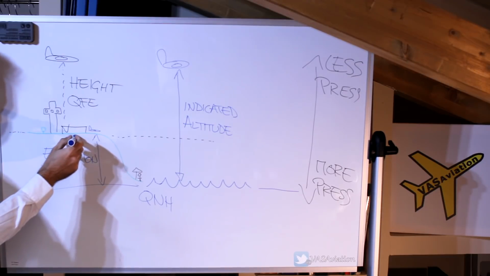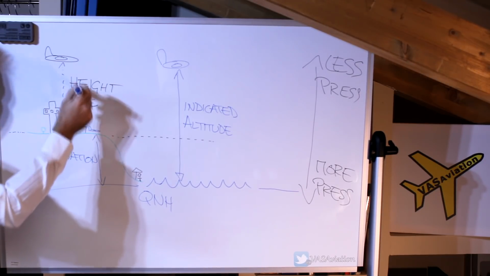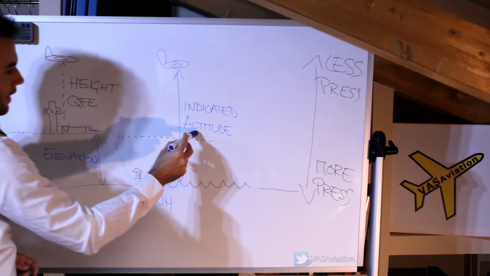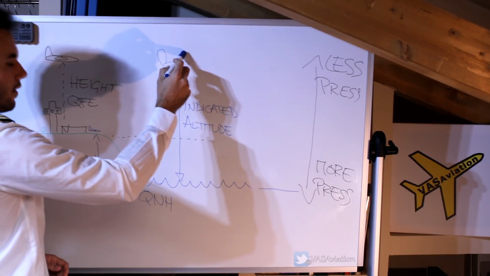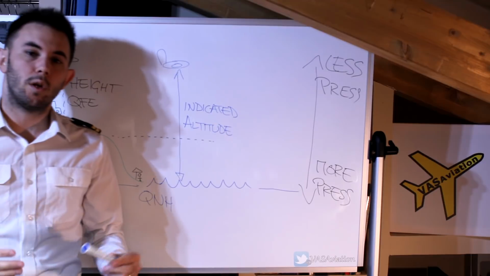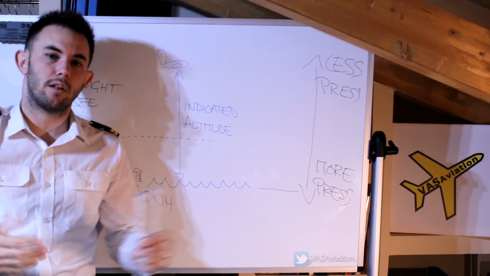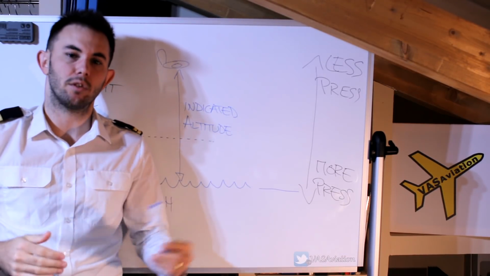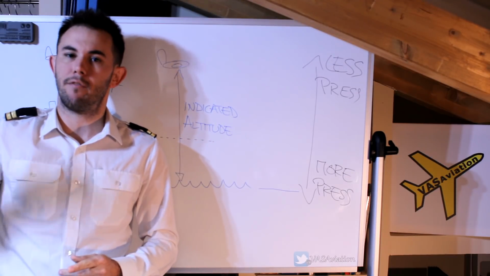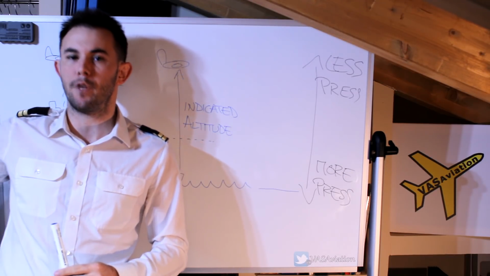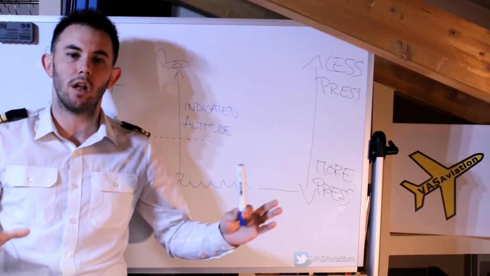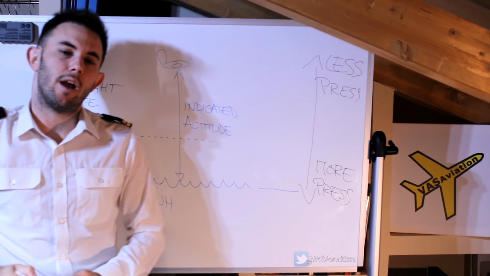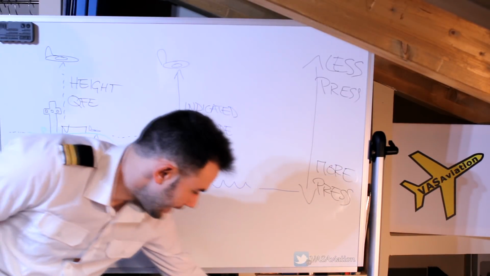Elevation from the surface down to mean sea level, height from a point in the sky down to ground surface, and indicated altitude from a point in the sky down to QNH. I also want to remind you that this is considering standard atmosphere, because later on we'll see that there are some errors, temperature errors, that we'll have to correct, but that is more advanced and we'll leave it to a future video because there are more terminology and more errors we have to calculate. Now, next thing we have to look at is QNE.